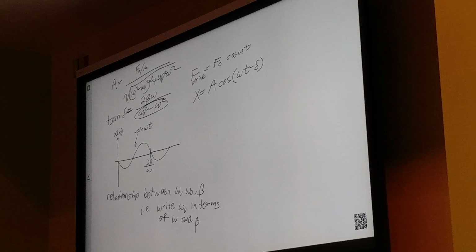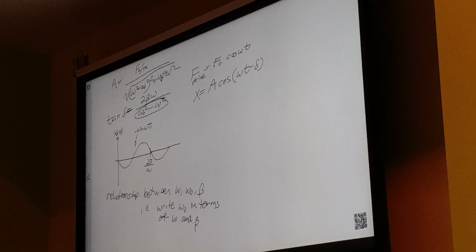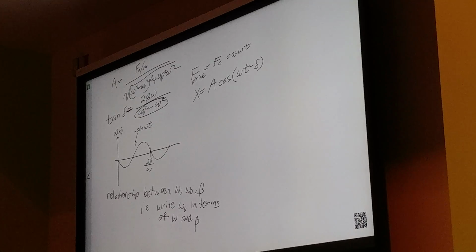How did you find a value for delta knowing the... Well,